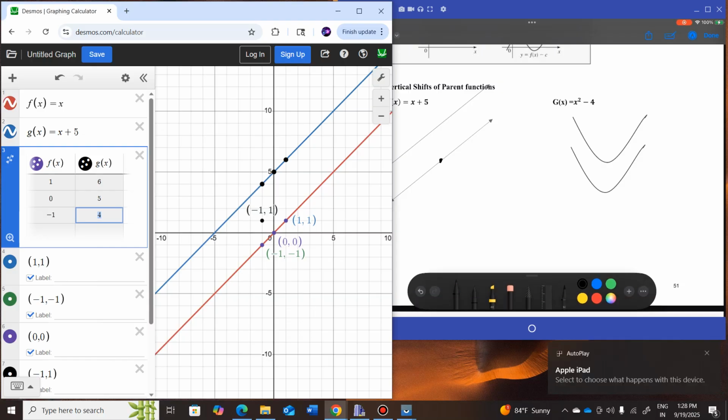Should be around here. And this should be at 5. Okay, and this is the vertical difference of 5 everywhere along this graph. All right, if we look at x squared minus 4,